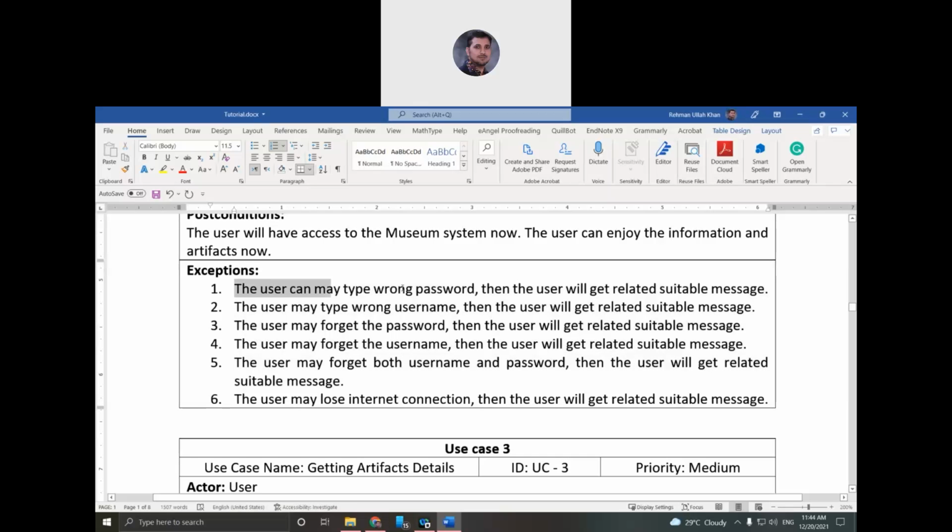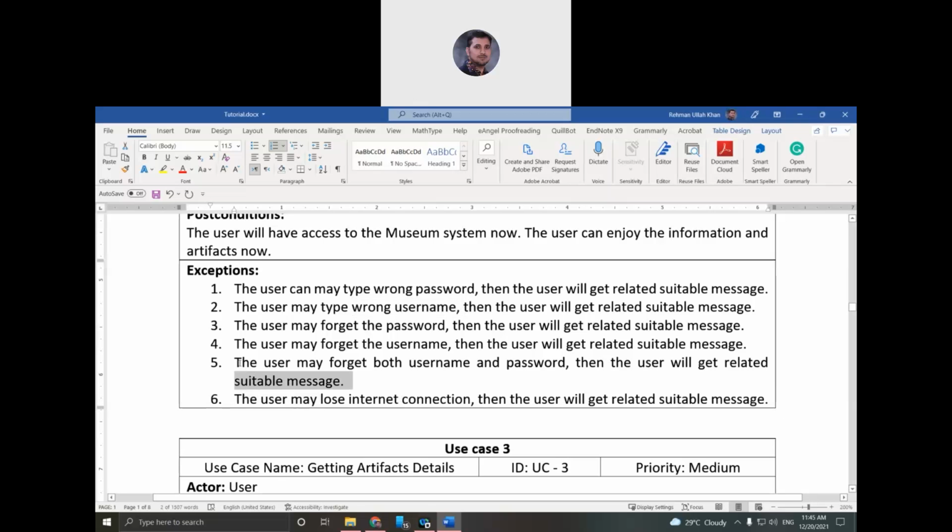Because if this happens, there should be a mechanism to guide the user to get corrected, to guide the user how to use the app. Meaning the system should be able to tell that your password is wrong or your username is wrong, with a suitable message, and then the user will understand and change accordingly.